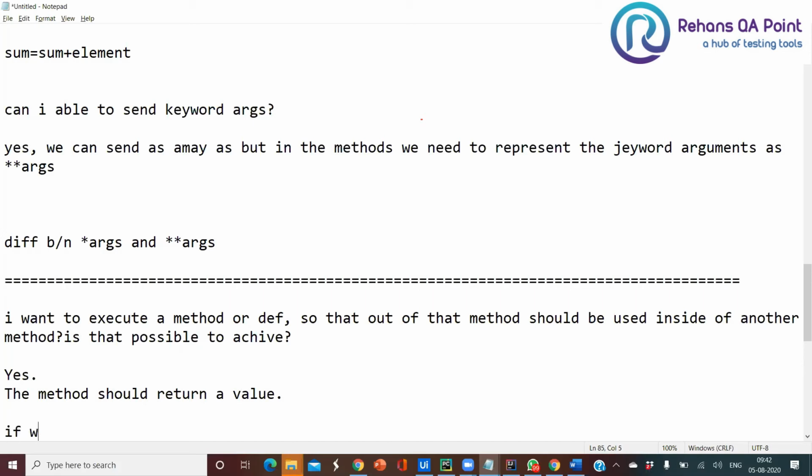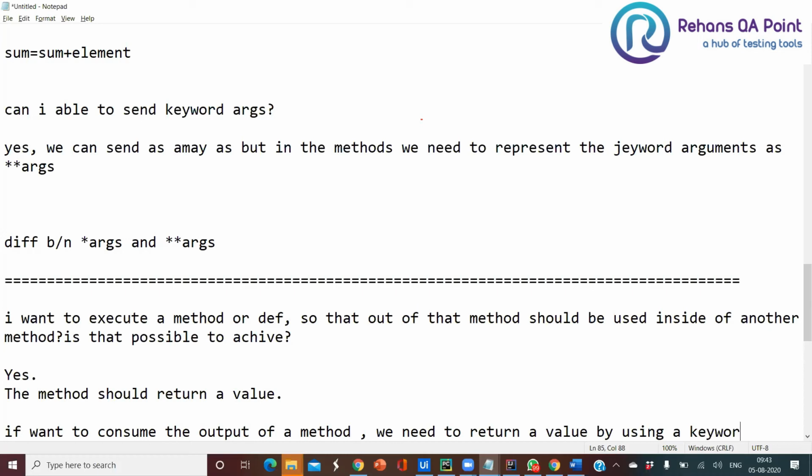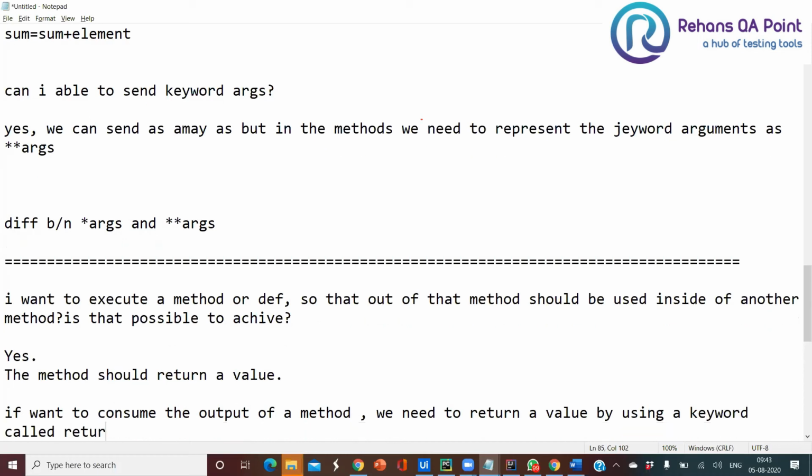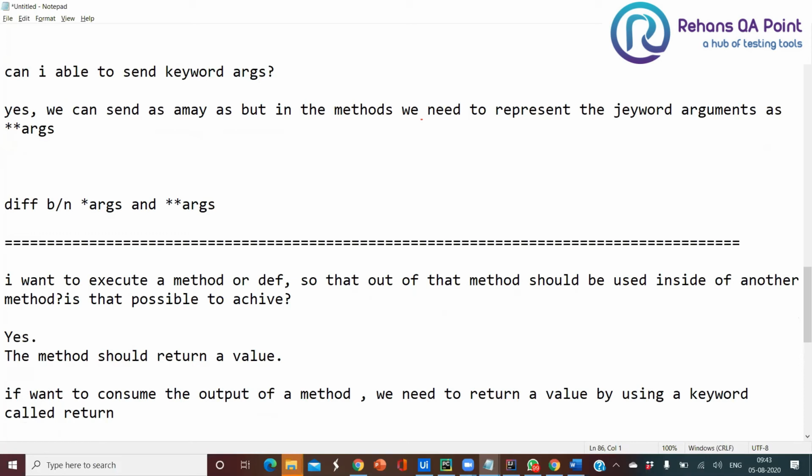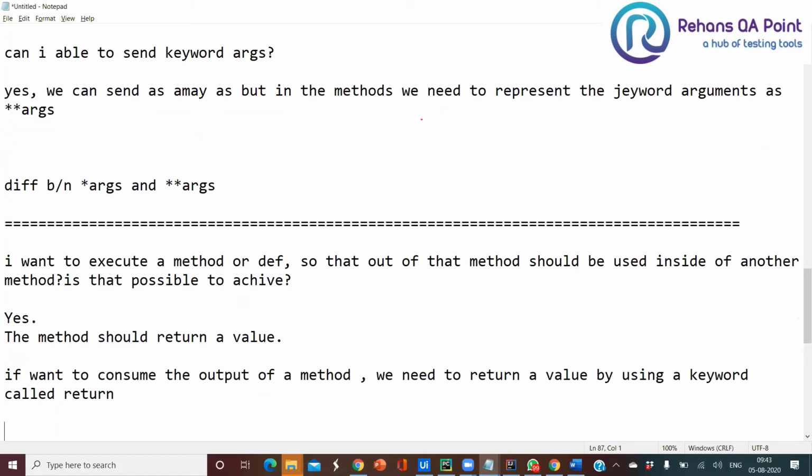So if we want to consume the output of a method inside another method, what do we need to do? We need to return a value by using a keyword called return. Use the keyword return and return the value from that particular method.